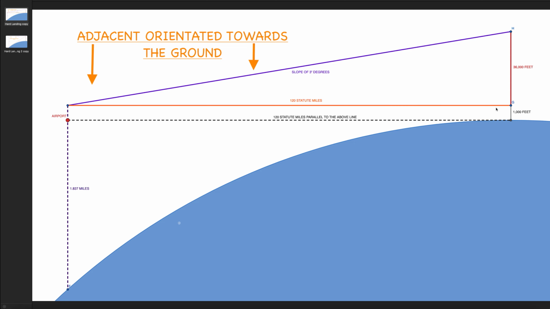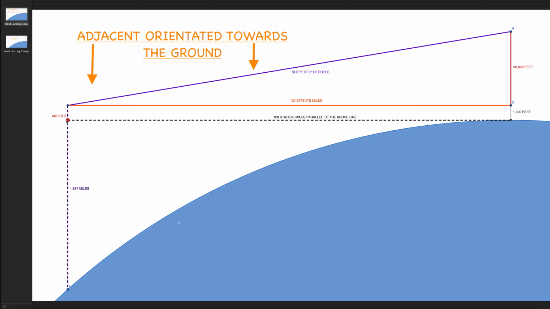As I showed in my last video, the one I link, if they did that, the airport would be 1.837 miles below them. So that's not 1,000 feet, is it? That's like you're talking 8, 9, 10,000 feet, whatever it is, because you have 1.837 miles. So this exact calculation is what brings them to 1,000 feet above the airport.